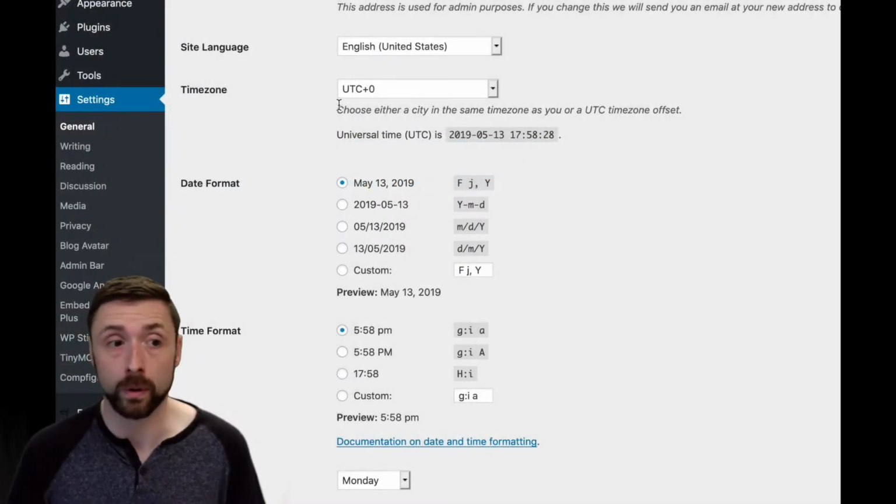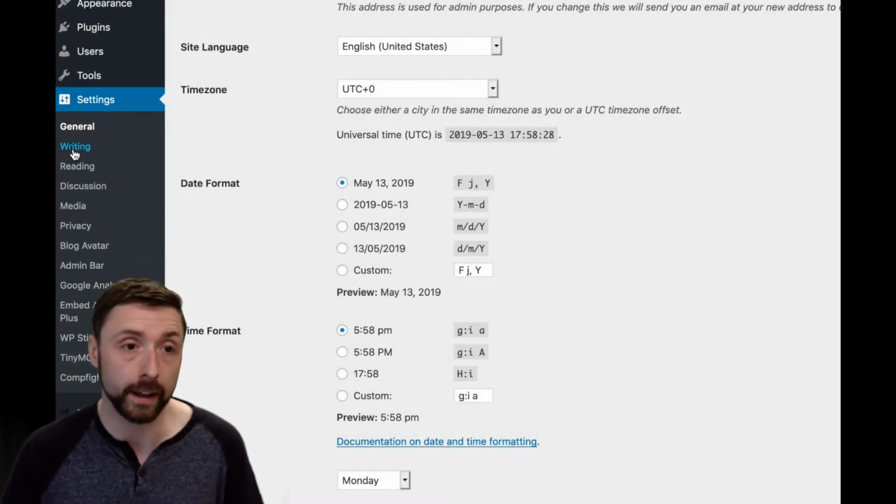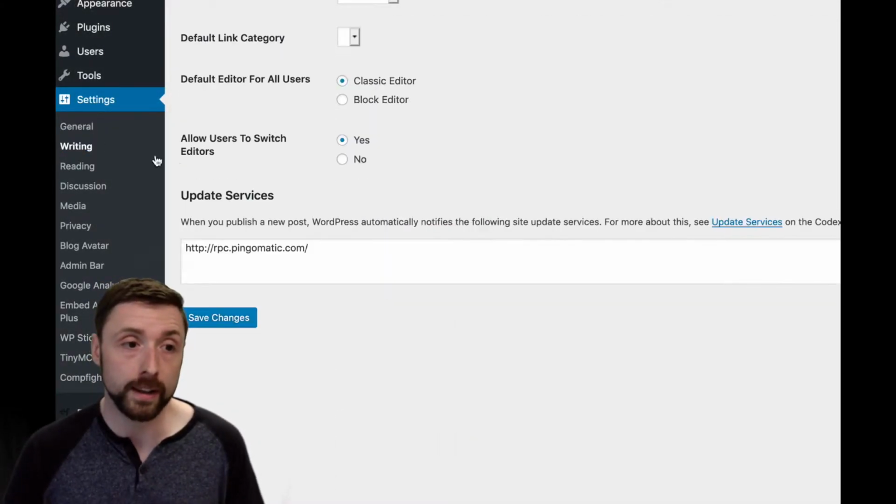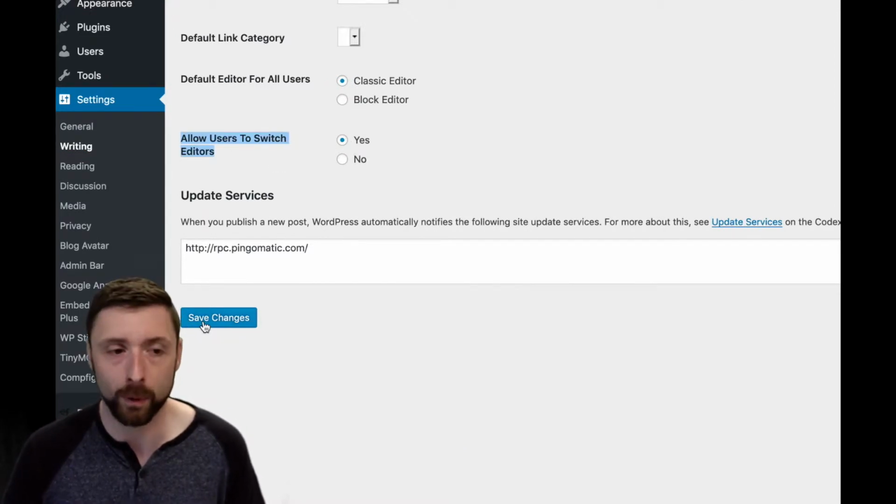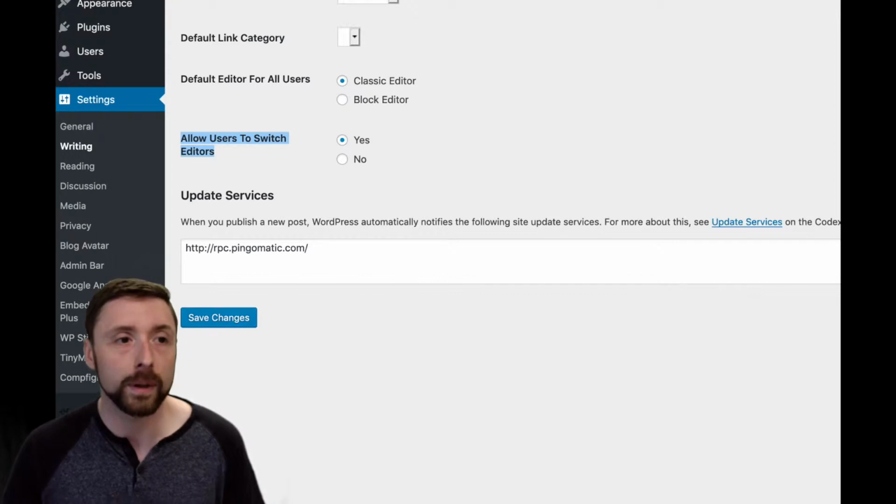If you remember the previous tutorial, we can go to settings, we can go to writing, and we checked this box that said allow users to switch editors, and we hit save. Big important thing to hit the save button. If we go back to our post that we were editing,